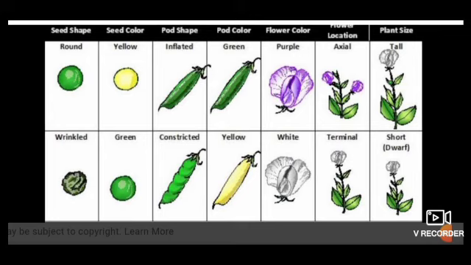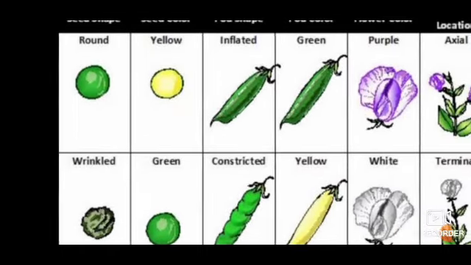Here you are able to see all the 7 characteristics in the pea plant. Previously we have taken only one characteristic, which one? Tall and short. The second topic of yours is how do these traits get expressed. In that table you are able to see green, yellow, green, yellow. So this is what Mendel has worked on.